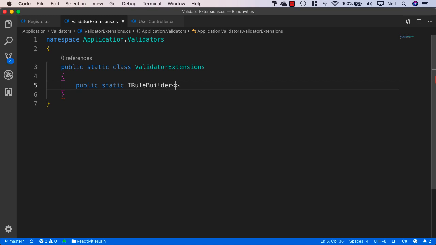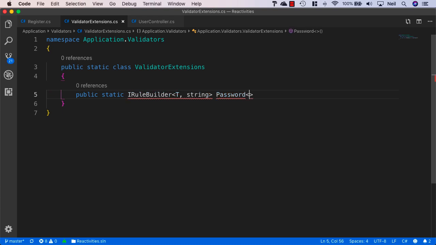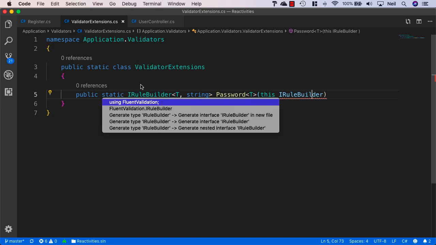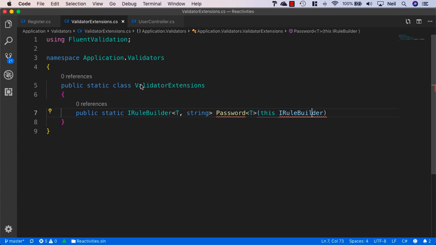And what we'll do then is we'll create a public static, and then we'll use IRuleBuilder. And this takes 2 type parameters. One's a generic type, and the other one's a string. And then we specify the name of the validator. In this case, this is going to be Password. And we also give this a type parameter. And inside the parameters for this particular method, we want to say this IRuleBuilder, and this is the class we're adding the extension method to, and we need to bring this in from Fluent Validation. And then our IRuleBuilder takes the same parameters that we've specified here, so it's going to be T and string,